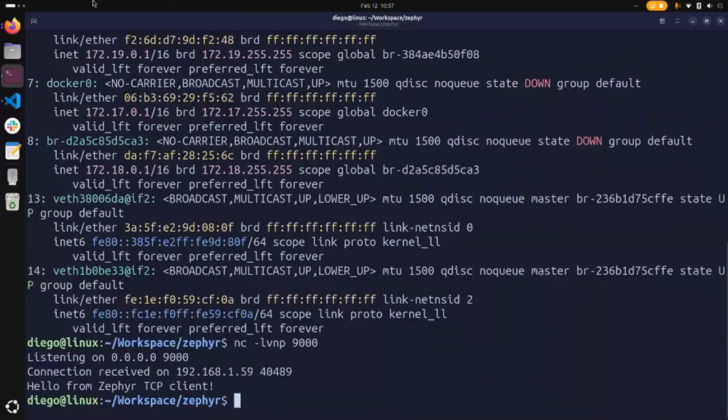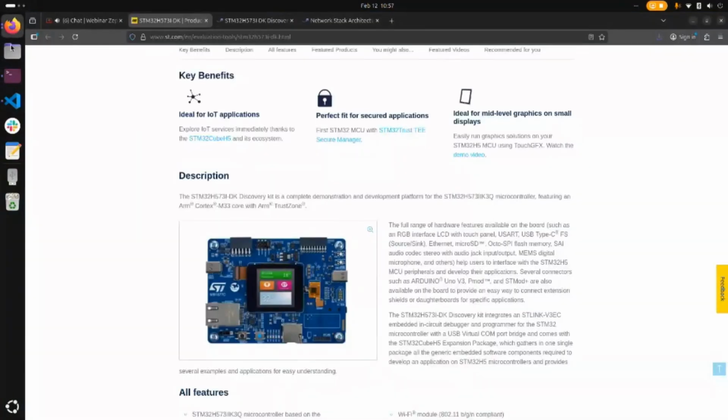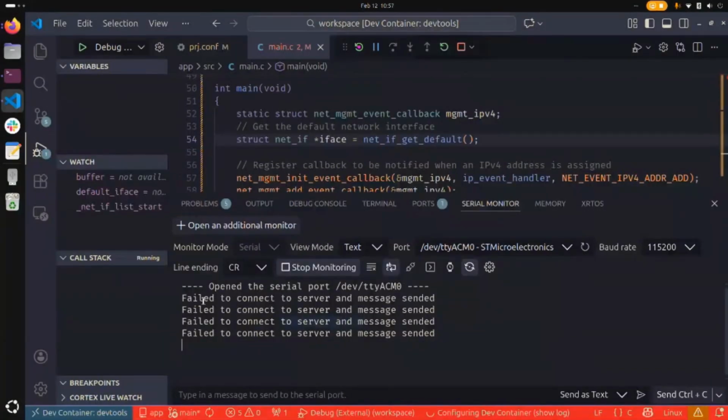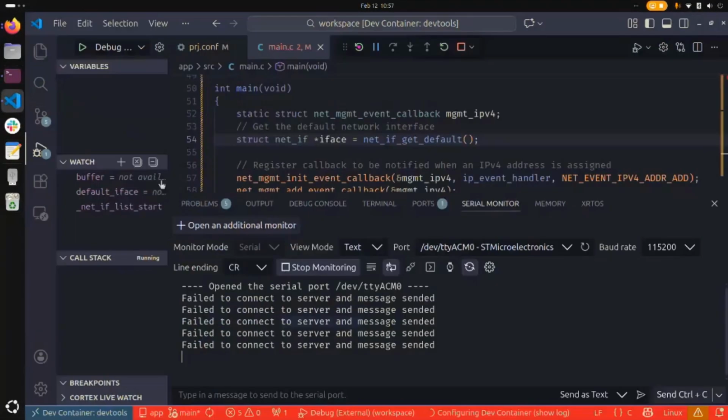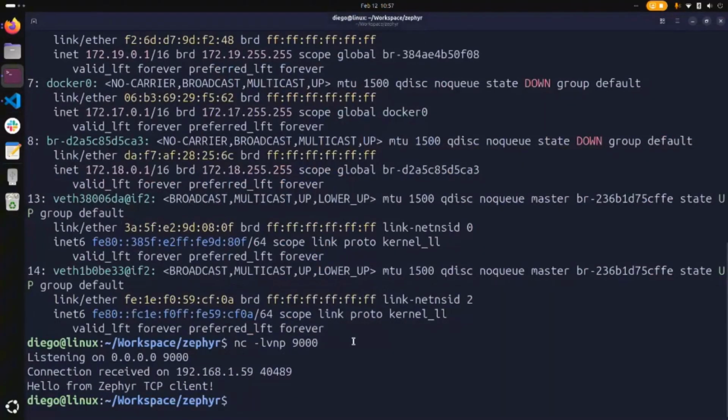Let's do it again. Well, let's verify on my application terminal that after that the TCP is closed. So what happened on my microcontroller? Well, it's telling me that the connection to the server just failed. All right. So I'm gonna open the connection again,